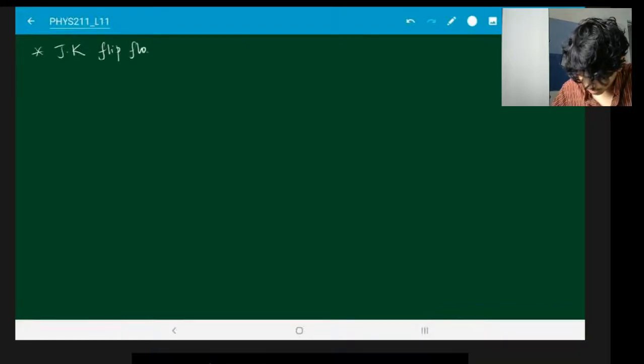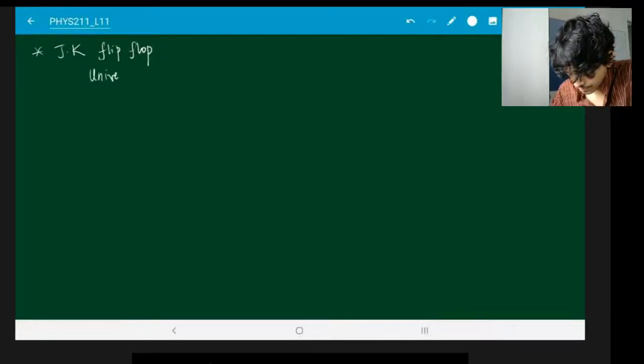And it's called JK, I think, based on the initials of the person who invented it. So the advantage of the JK flip-flop is that it has absolutely no invalid states. All states are valid. It will give you some valid output whatever your input may be. And this is the most commonly used flip-flop in application. So this is often called the universal flip-flop. Either this one or variants of this are used for most serious applications.